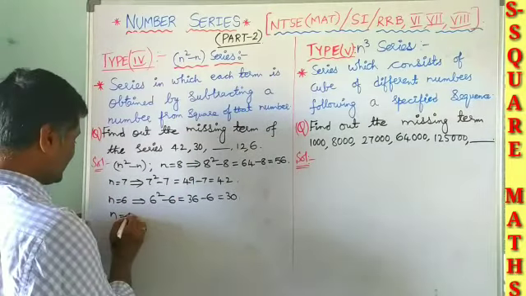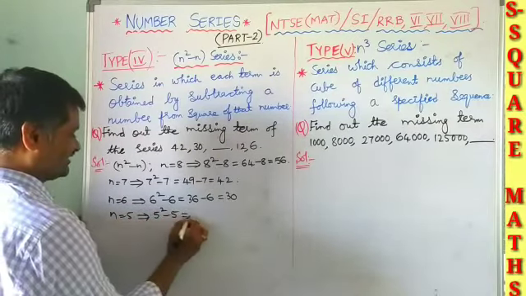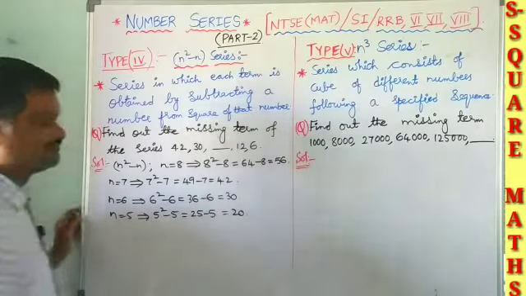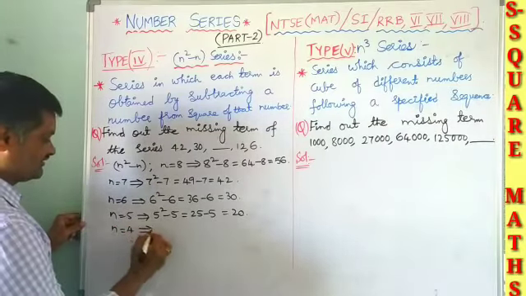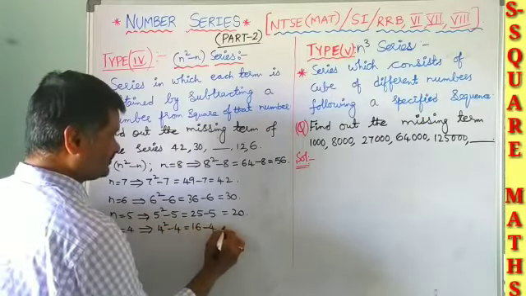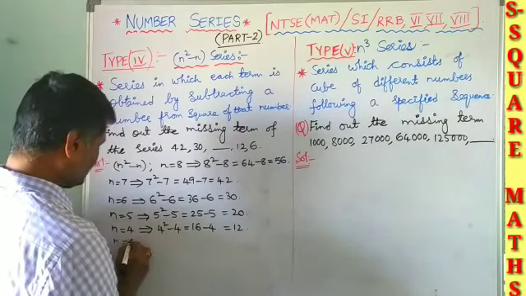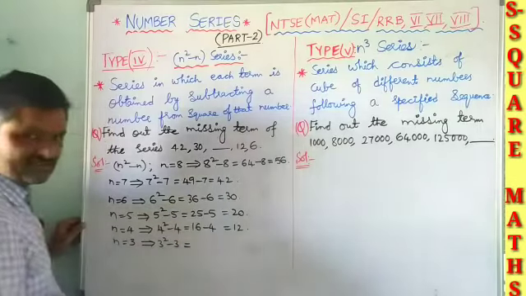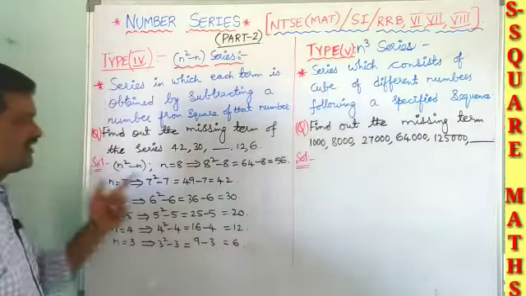Next, let us go for n is equal to 5. So 5 square minus 5, nothing but 25 minus 5 gives you 20. Next, n is equal to 4. So 4 square minus 4, 16 minus 4 is equal to 12. Next, n is equal to 3. So 3 square minus 3 is equal to 9 minus 3 is equal to 6. So if you observe carefully,